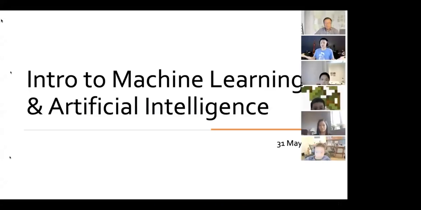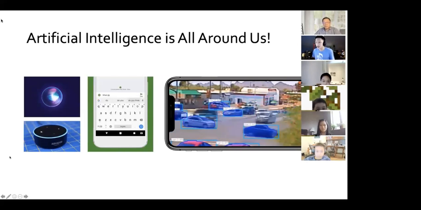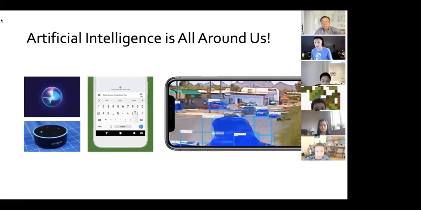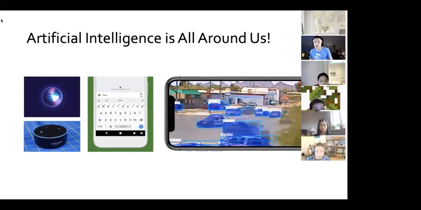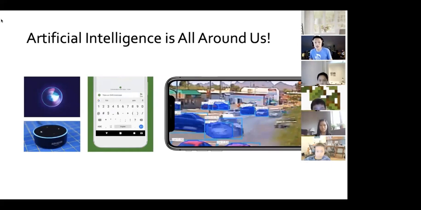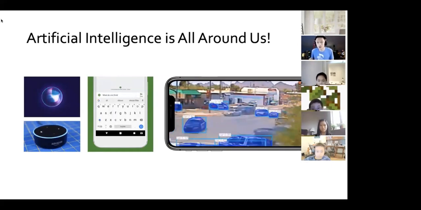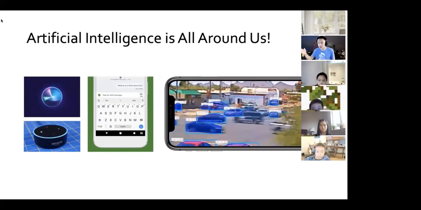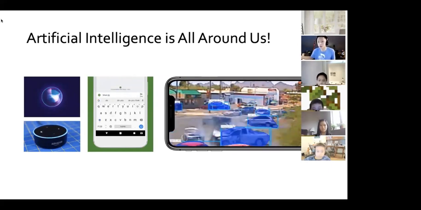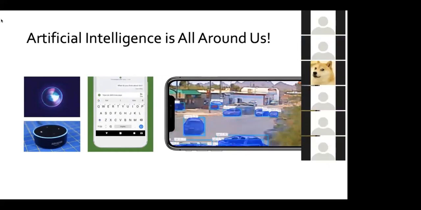So as the title suggests, this is an introduction to machine learning and artificial intelligence. One thing that you guys already probably knew is that AI is all around us. There are so many different things that AI can do, and it's really quite incredible because if you think about it, computers, what are they good at, right? They're very fast, they're very efficient, as opposed to humans, right? If a human were to try to sort through 30 hours of video footage, it would take exactly 30 hours to read through it and possibly more to make notes. But AI can operate faster than real time. You don't have to wait 30 hours.